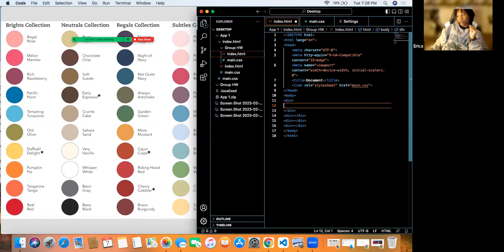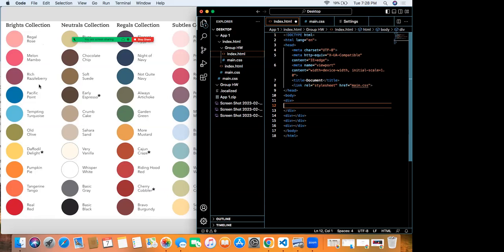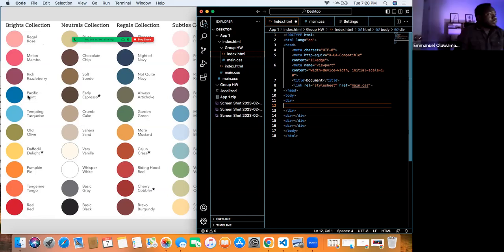Okay, so next step, Ash and everyone else in the team, Emmanuel, I'm sorry, I can't see the names. What we could do is make one div and put the colors that are going across, or you can make it a column and put 10 colors going down. Which way do y'all want to go? I would want to do, and again, this is open for discussion, a column going down, so it's only 4. Does everybody else want to do it that way?